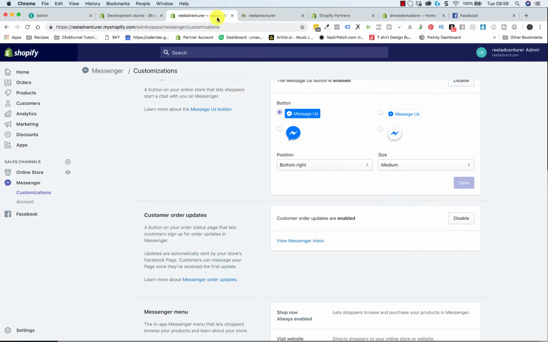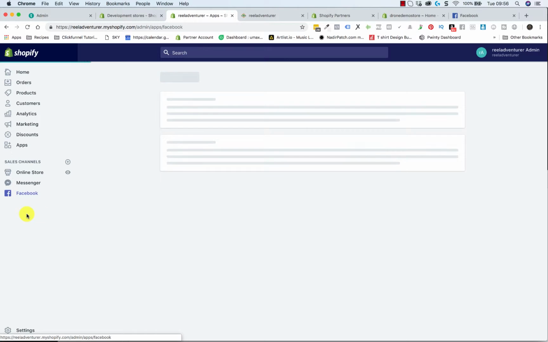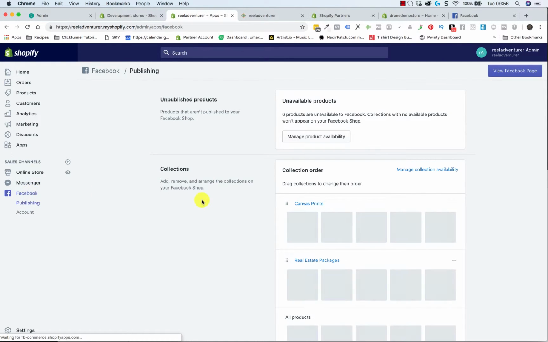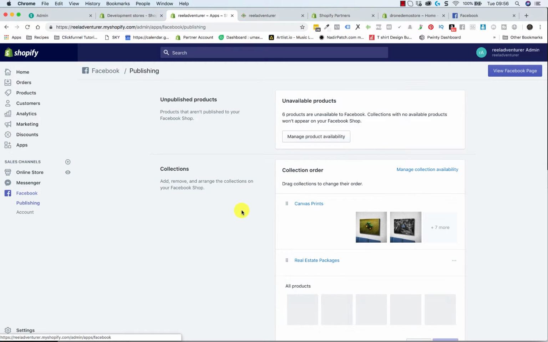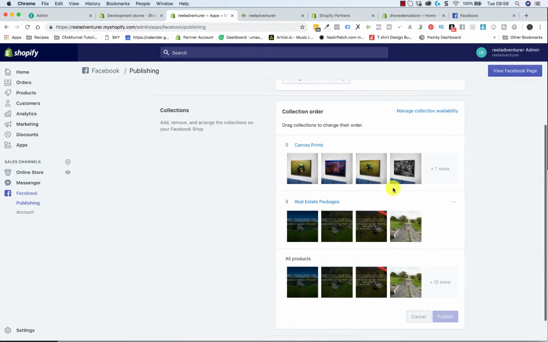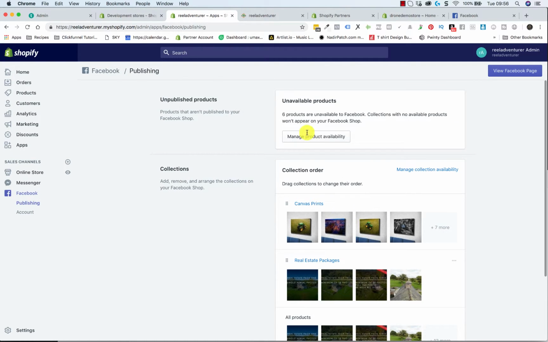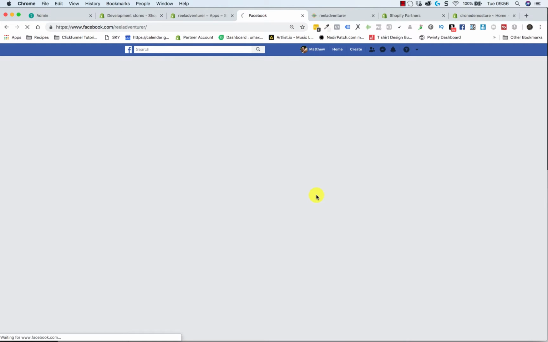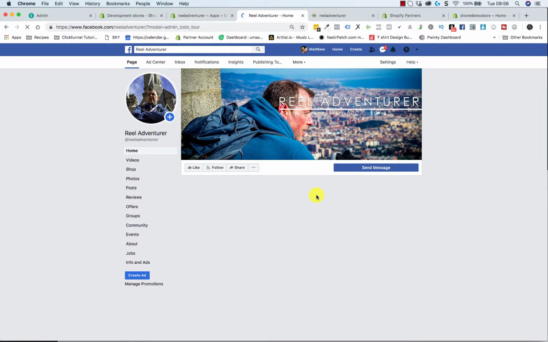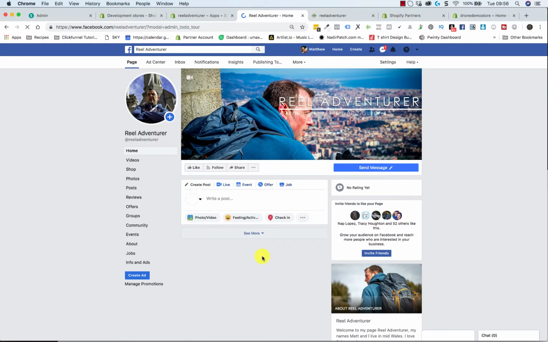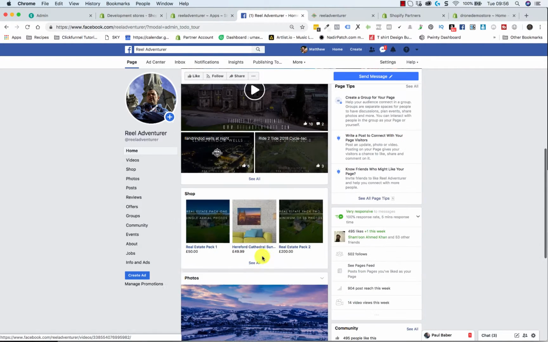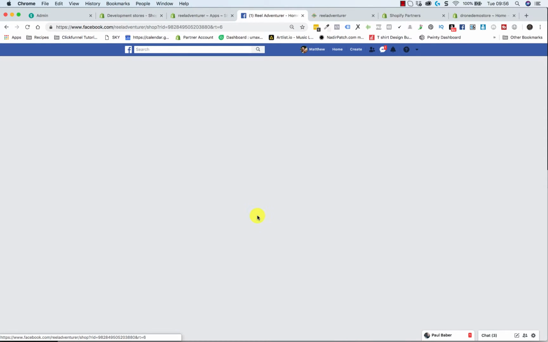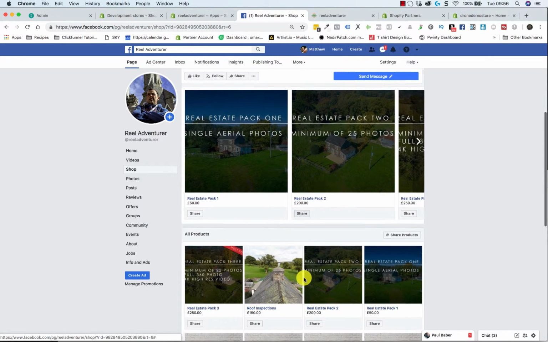Now, the shop or the Facebook, the main one here, if we go into mine, should be able to see here this is where we can control it. So these are the products that I've started to upload, and then if I come across to my fan page, just scroll down a bit. Here we can see we have a built-in shop. Now I need to reorganize these a little bit and tweak them up, but if you click on it,